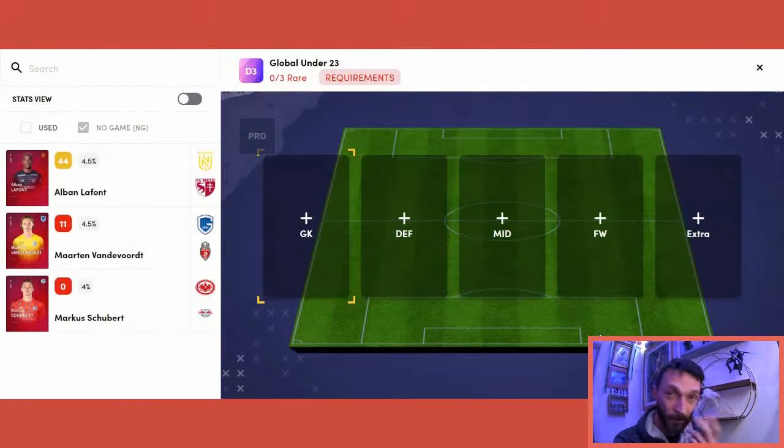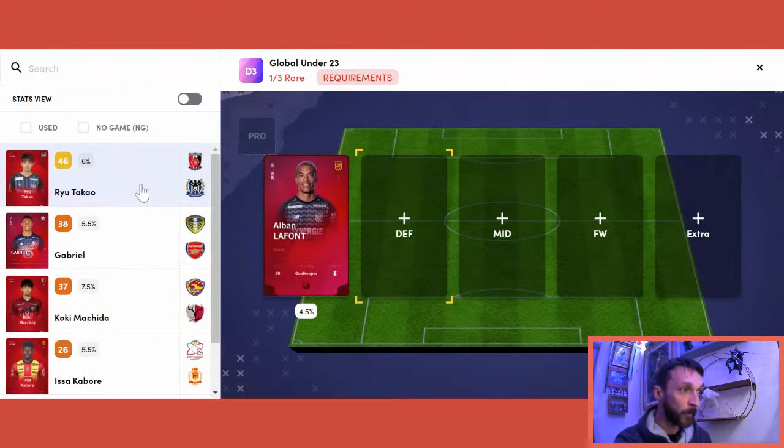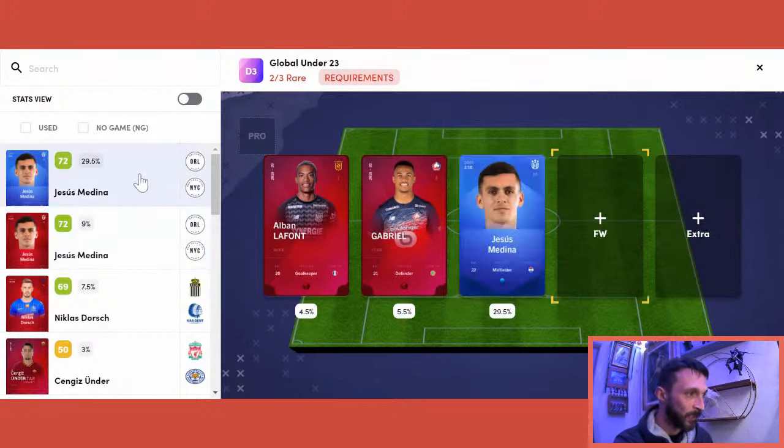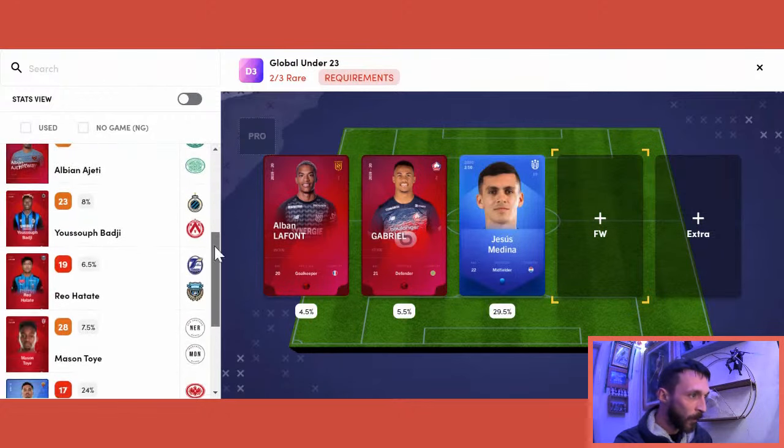Yeah, I'm going D3, by the way. I think I am. So we've got Lafont, really strong goalkeeper. We get Gabriel, really strong defender. We've got a super rare Medina, no problem at all. We then also have